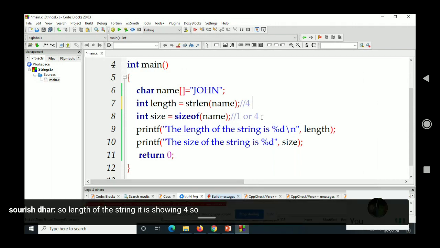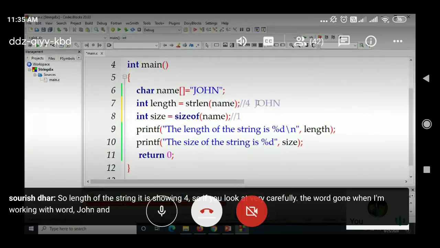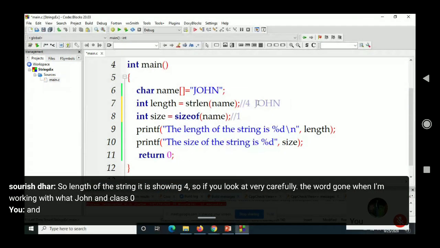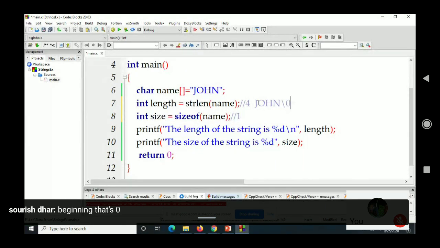If you look very carefully, the word John and \0: it only considers the part where John is, the string.